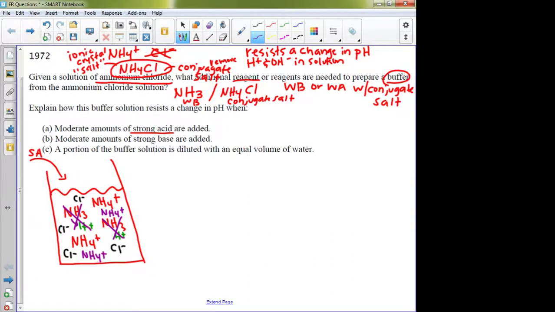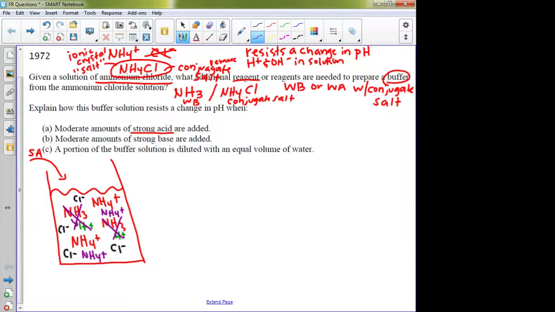The NH3 canceled out the H positive. So that's why my pH did not change a lot: the NH3 took the H positive out of solution. But if you don't have enough buffer... that's why when we did our lab with the weak acid and the strong base, as it's going, it's rising slowly. The pH is going to increase, but it's increasing slowly because I've got a buffer. So as I'm adding it in, it's taking it out of solution, but eventually I'm going to run out of